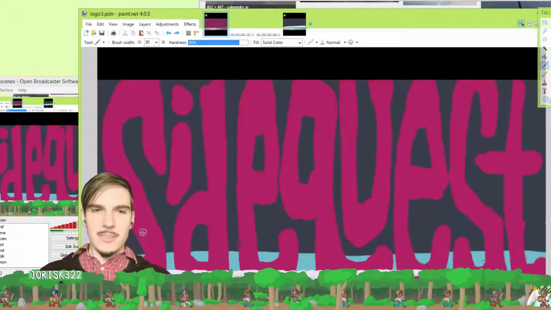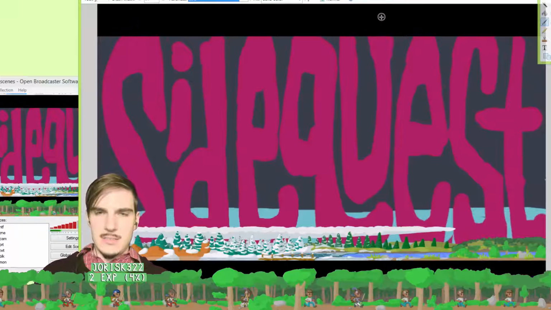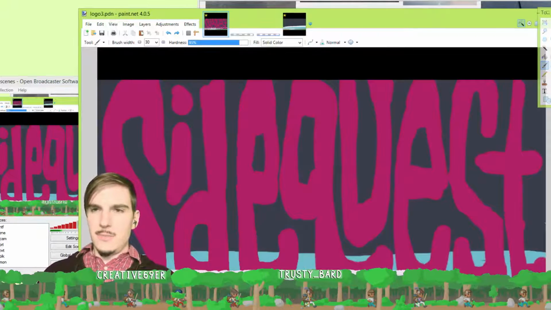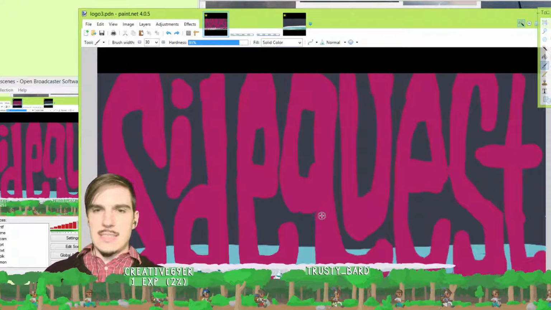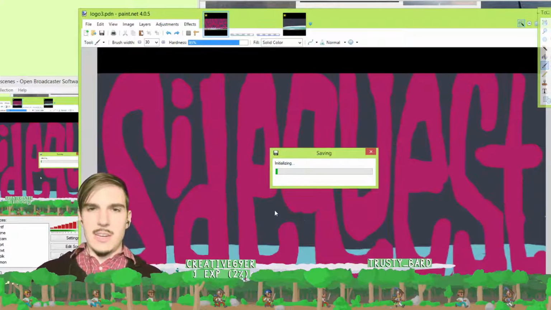Why does it keep doing that? That's really annoying. Whenever I touch the edge of the screen, it starts to slide. Hold on, what am I going to do? I'm going to save this all, and then I'm going to...